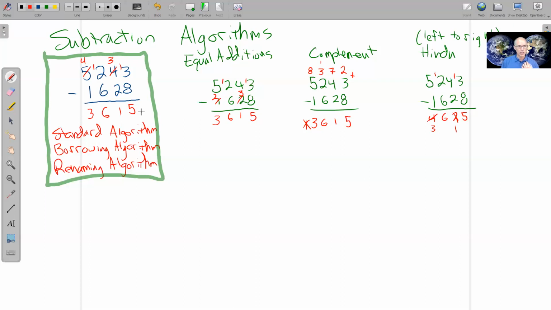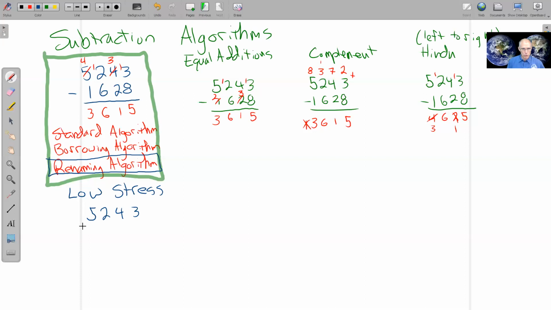So two more that I didn't go over last time that are in that document. One is called low stress, which I really like. This is one that can help kids that struggle with the borrowing stuff here. It relies on the idea that we're renaming the top number to be more compatible with the bottom number to do the subtraction. So the way it works is you write down, as usual, the top number,